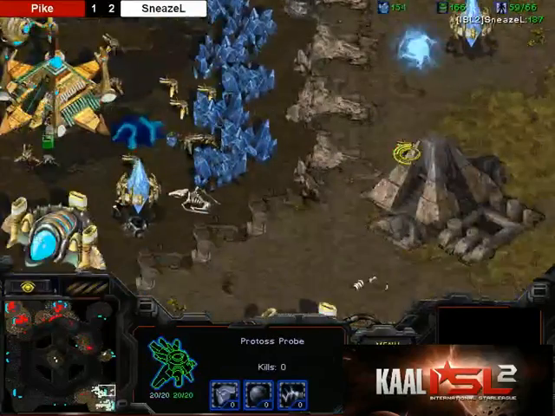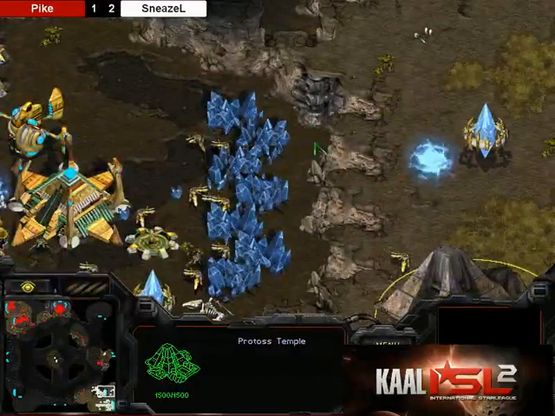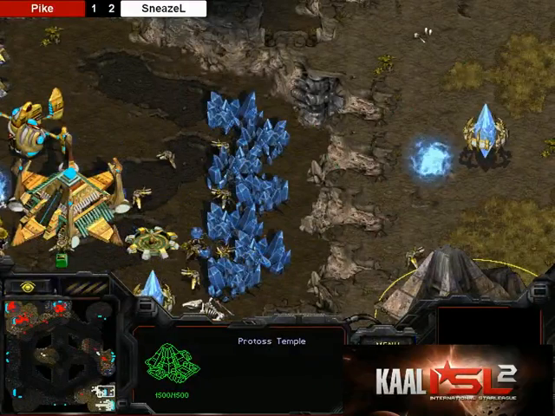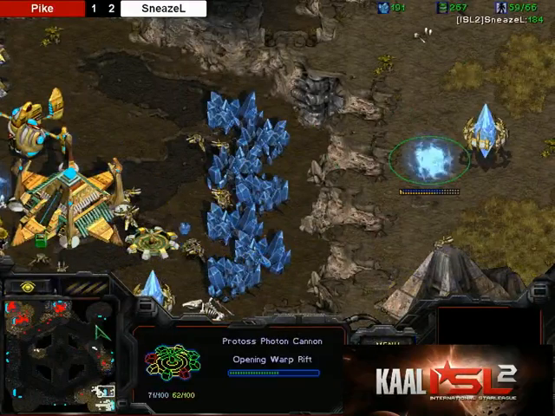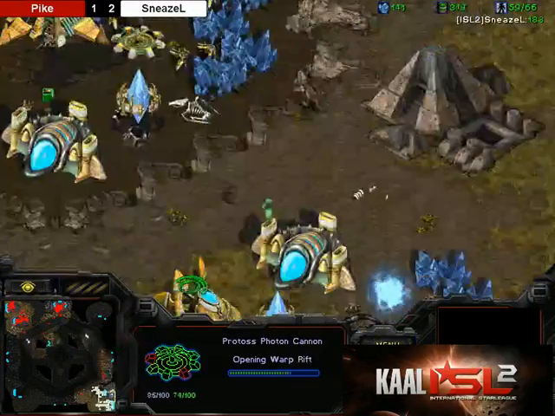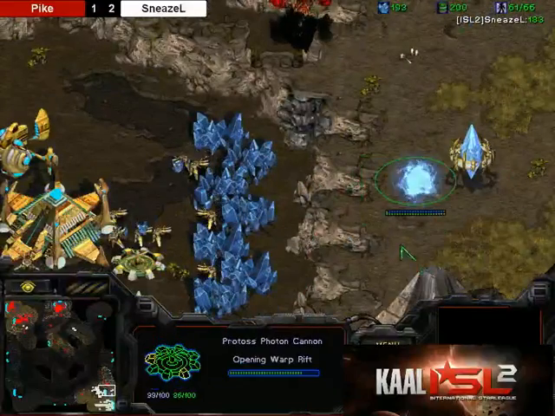I was just gonna say, because of this temple, you can't actually defend the back of your natural, this cliff, so Muta Micro back here is extremely effective. But SneazeL's just like, nope, you're wrong, SneazeL, because I'm SneazeL, I'm magical. I can in fact build cannons wherever I damn well please. Where'd that probe go? Oh no, it's still there, it's just hiding. Unfortunately for him, his cannon's gonna be...